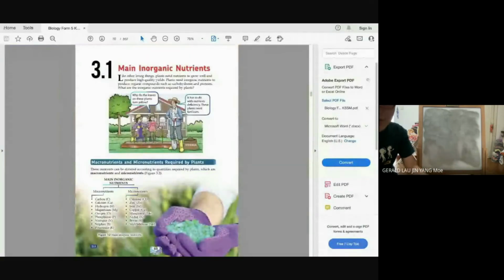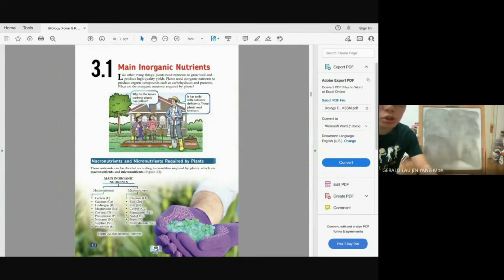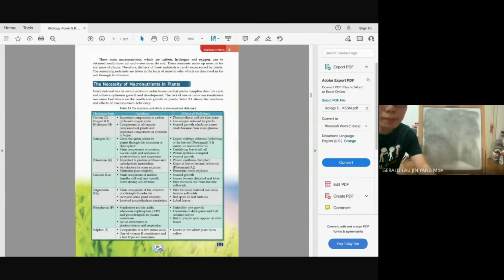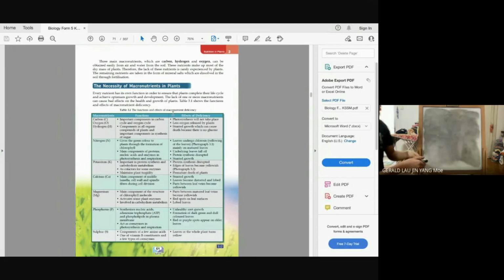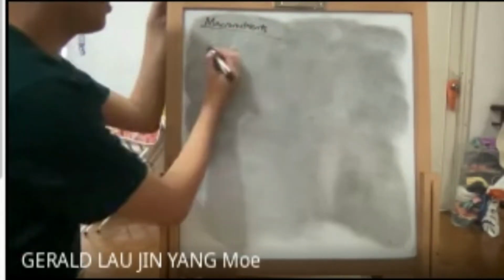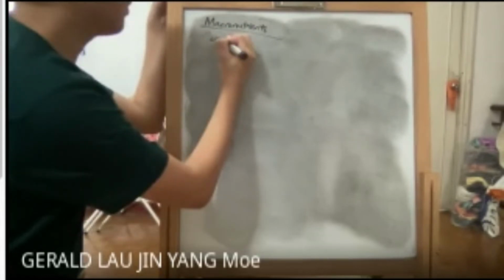Nutrition: you have macronutrients and micronutrients. Everyone knows macro means big, needed in large quantities. Micro means small, needed in small quantities. So how do you memorize the macronutrients? You have 1, 2, 3, 4, 5, 6, 7, 8, 9, nine elements. The mnemonic they use for macronutrients is